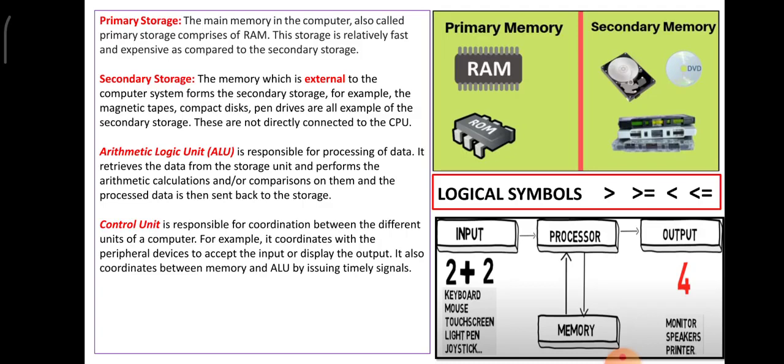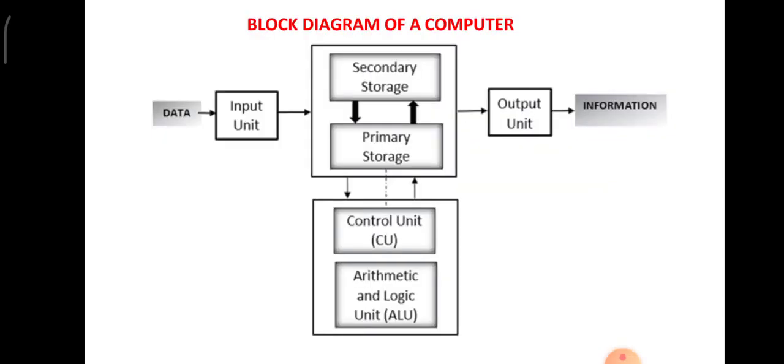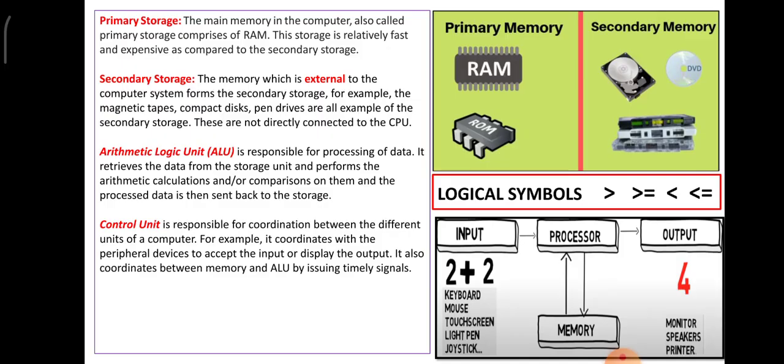Clearly the theory part is given to you on the left hand side, but understanding is very important. So please understand the logic, understand the concepts, and then go through it. Here on the right hand side I have given you the logical symbols, and below, as you can see, I am typing 2 plus 2. Recall the previous block diagram. Let me explain this with an example.